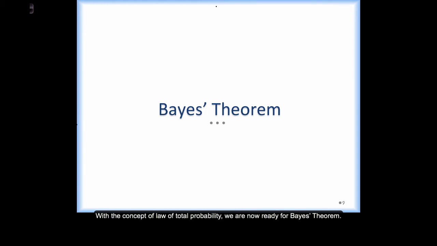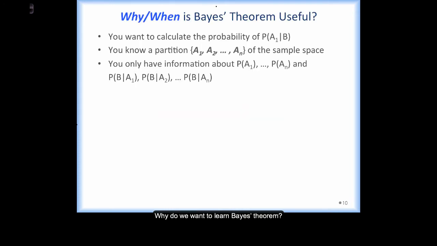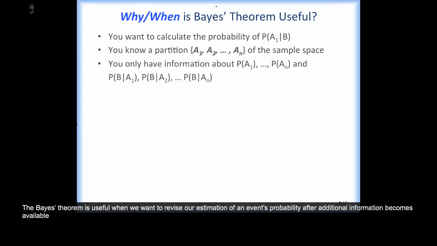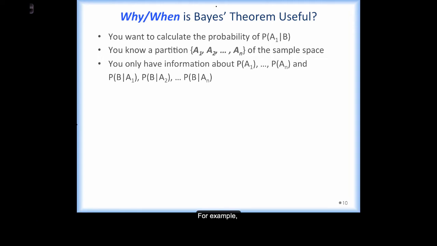With the concept of law of total probability, we are now ready for Bayes' theorem. Why do we want to learn Bayes' theorem? Bayes' theorem is useful when we want to revise our estimation of an event's probability after additional information becomes available. For example,